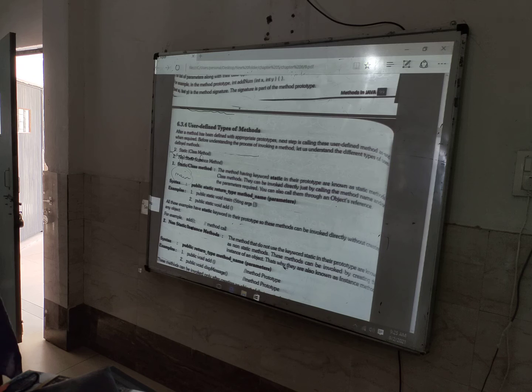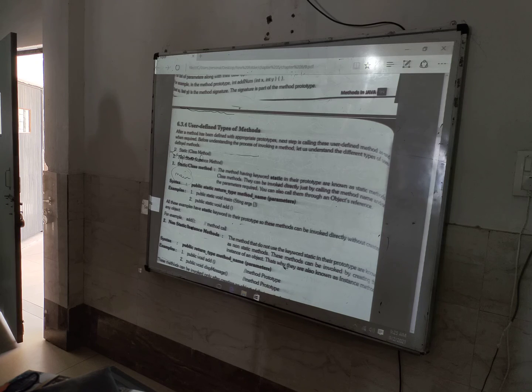Write the syntax of a method with the name multiply. Ma'am, simply public static void? What do we have to write? The syntax of a method with the name multiply.